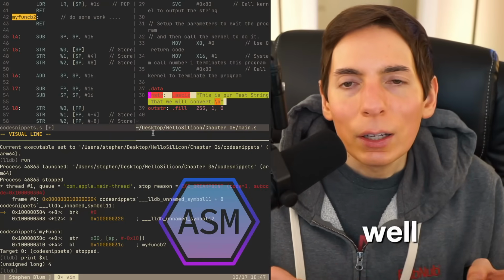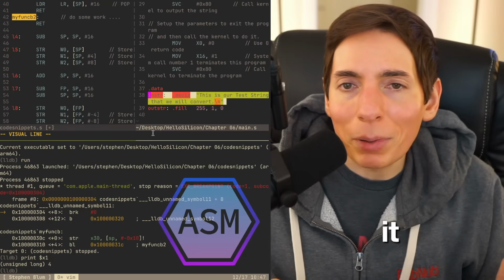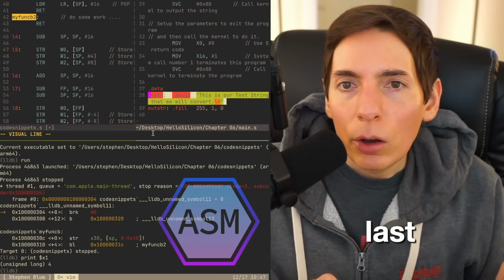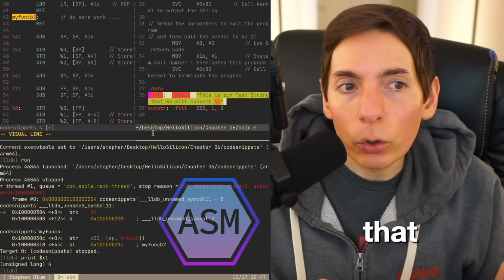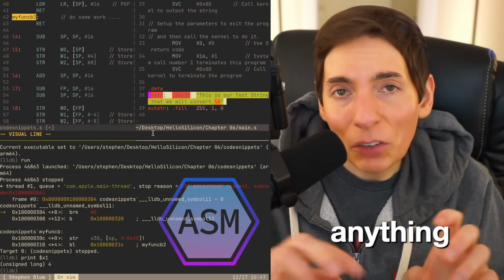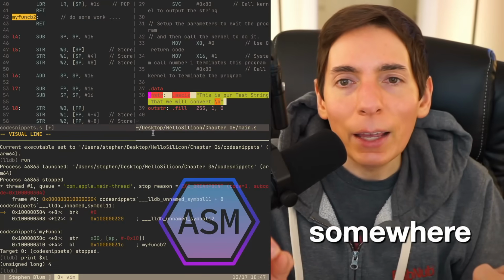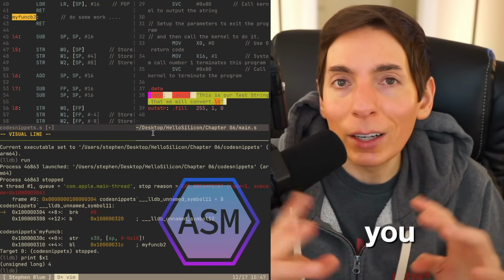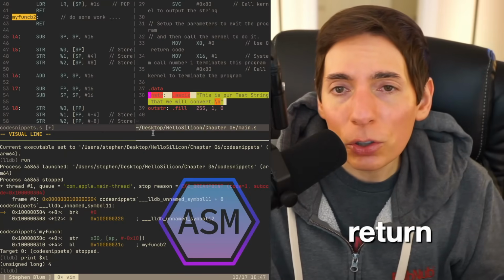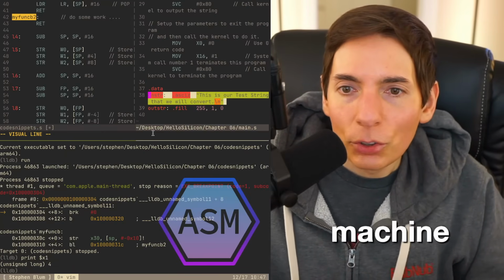Well, return, as far as I understand, doesn't actually return any data. It just jumps back to the last position that was stored from the branch link. If you actually want to return any data, you have to store the data somewhere and then know where to read it. Like you want to store it in a return register, or store it in some memory somewhere on the machine. So I think that's what